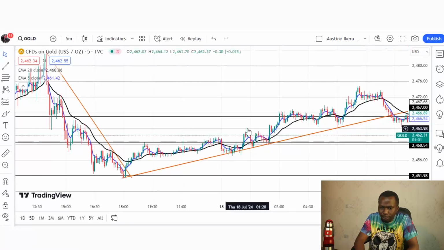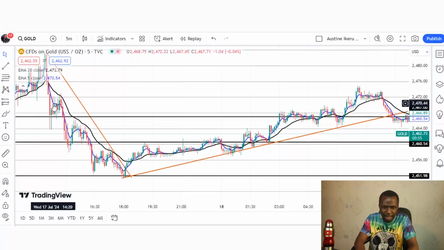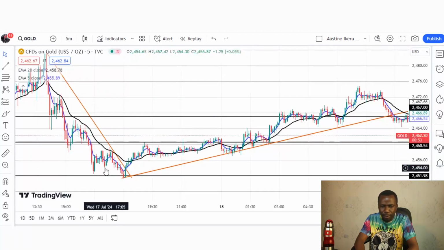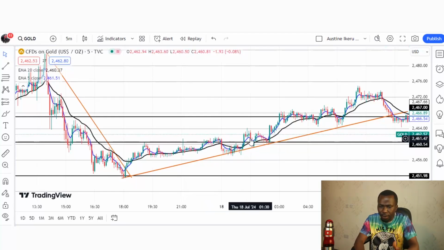So secure your profits, close the chart, and continue the next day, so that new scalpers can come in and continue from where you stop, right? So let's assume that the new scalpers have entered into the market, because if you have been following from here, from the down move all the way to this point where the price reversed, you see that you have made so much money. So it's wise for you to close and continue the next day. So new scalpers that are entering into the market can continue from where you stop.